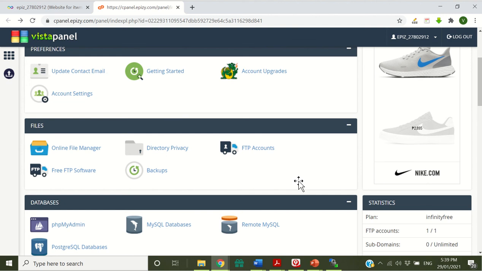The next URL or button that you are going to click here is this one, free FTP software, because we are going to use FTP to upload our files. I tried using the online file manager, but it encounters a problem, so we're going to use this free FTP